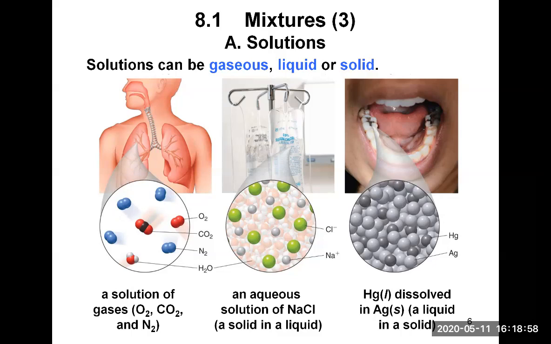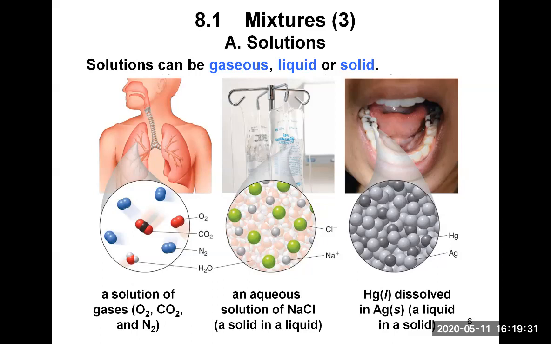So the middle illustration here is for an aqueous solution of NaCl, and that's a typical example of when you dissolve a solid in a liquid. The IV solutions found in hospitals, for example, are all aqueous solutions in general. So you have ions dissolved in water in the case of an ionic compound, for example. And then